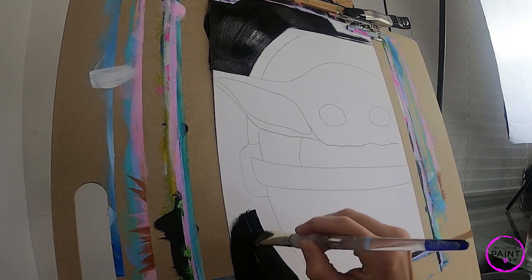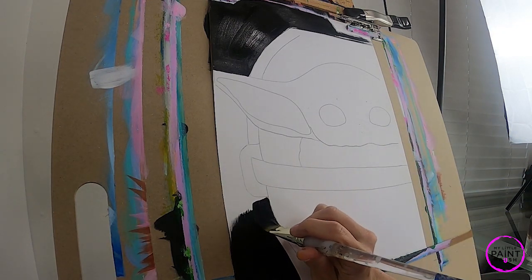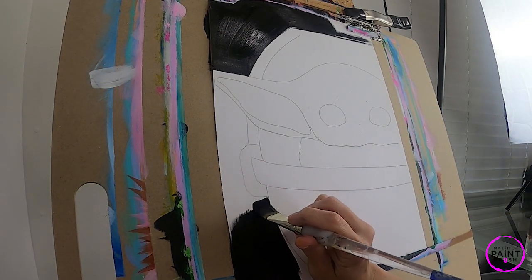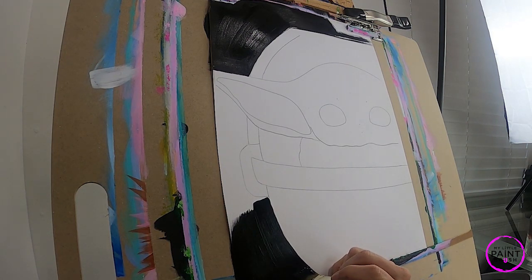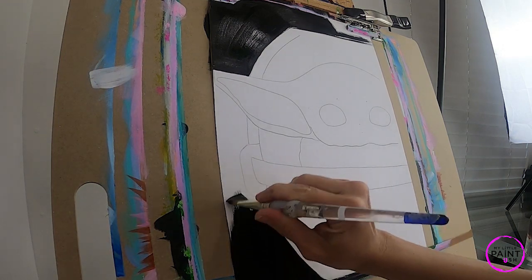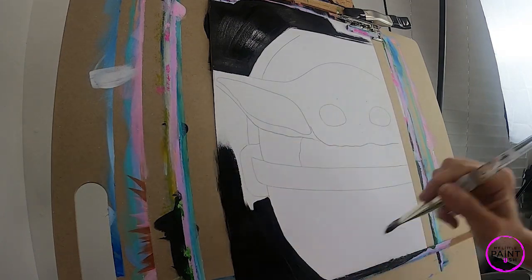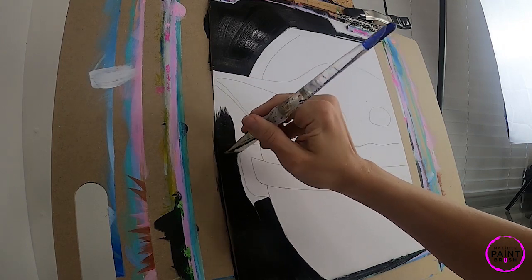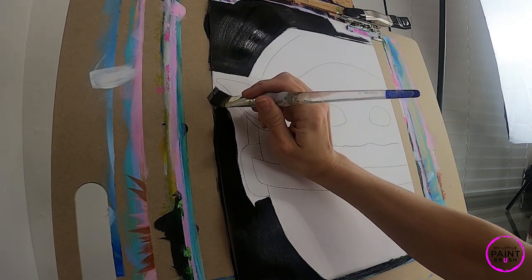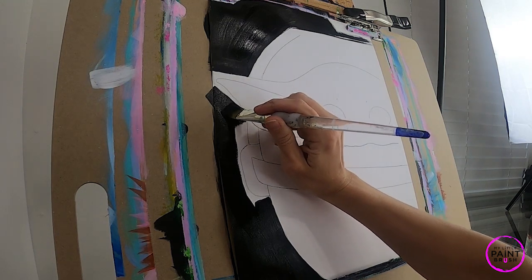This is pretty quick. If you need to add water to your brush, be sure to do that, because if you get little white spots showing up on your canvas when you're doing black, which does happen pretty easily, just add water to your brush and it'll fill it in very easily. Okay, so right now I'm feeling like my paint is seizing up, so I'm going to add water to it as I go. Okay, so we're going to go around his little ear here,